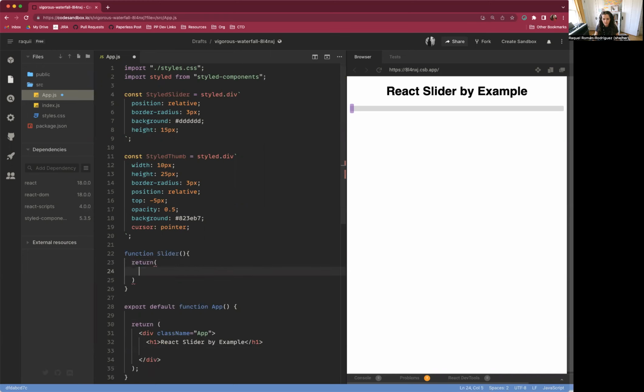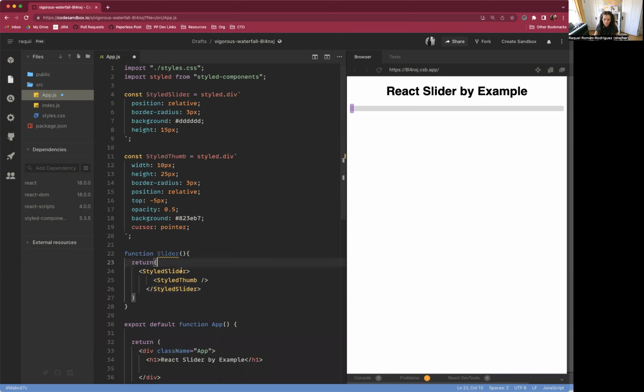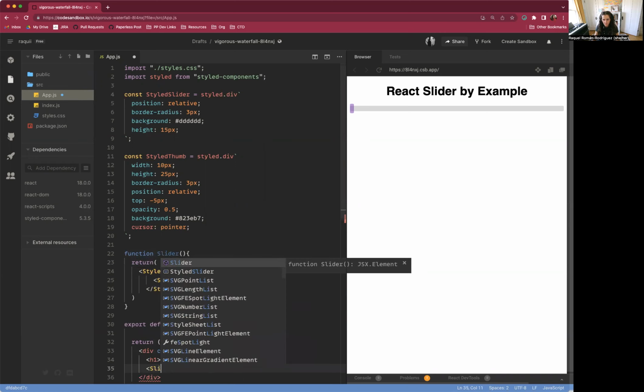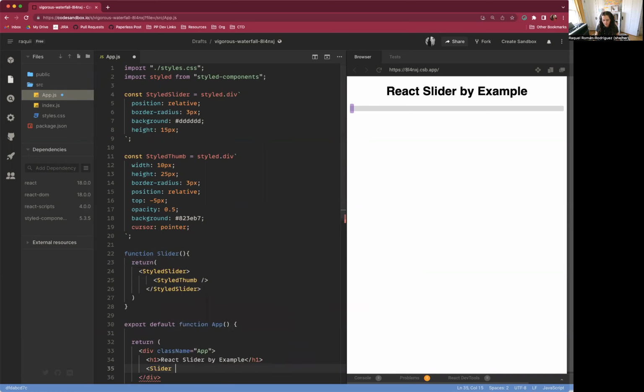To live inside of the slider. That makes a little bit more sense. And then we'll use slider inside of our app. So there, everything's still rendering, but we've kind of abstracted this out because this is going to get a little hairy in here. So we have a slider component that's holding the styled slider and the styled thumb, and we've